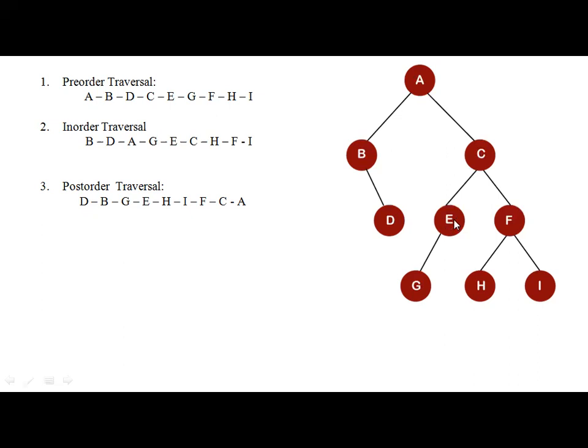So go to its left again. Okay, so again it is a root because it has child node. So you should not visit now. So go to its left again. Okay, so now this is left child G. Now write G onto the output. Okay, so left, left over, then go to its right. There is no right. Okay, so left to right over, then visit root E, write E onto the output.